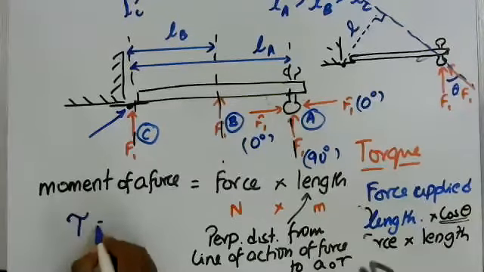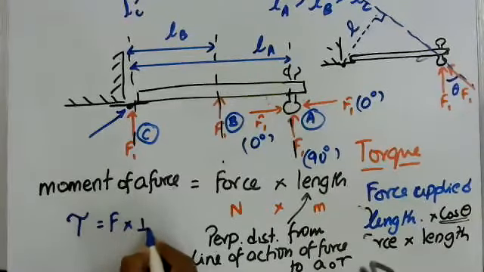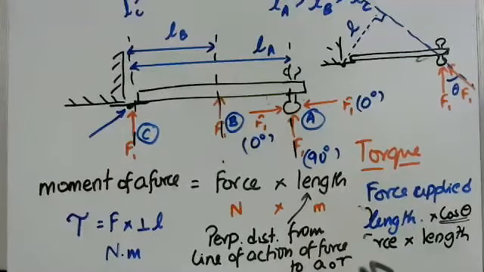So torque will be equal to F times the perpendicular distance L, from the line of action of the force to the axis of rotation. So therefore torque will be measured in terms of newton meter. So that covers what the torque is, what it does, and how you can find the torque when you're given a situation in which a force causes a rotational motion and you're told the distance between the force and the axis of rotation, and you also know what units the answer will come out in.